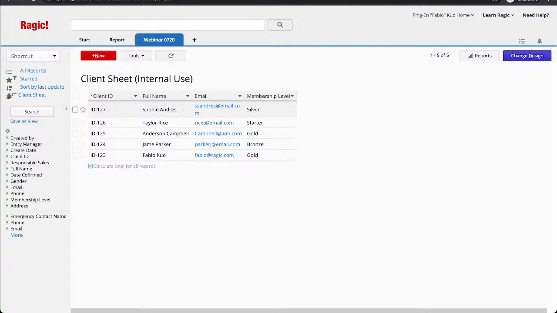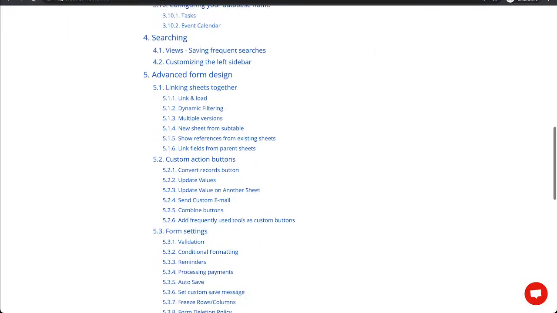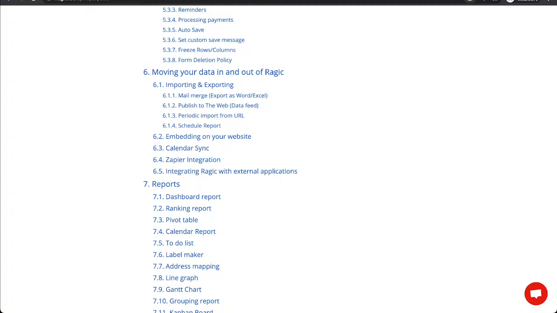If needed, I should post this in. We do have an API document in our document area, so let me get this out quickly. www.ragic.com. If you like Zapier integration, we do have a document on Zapier integration right here.